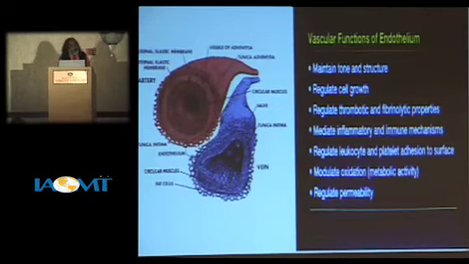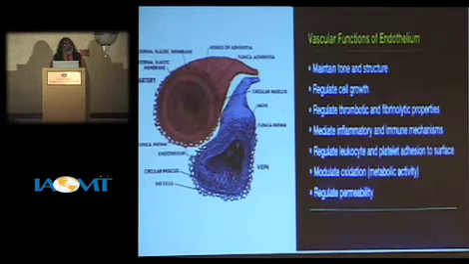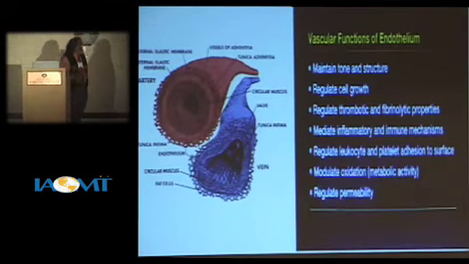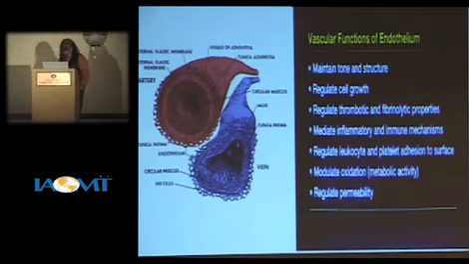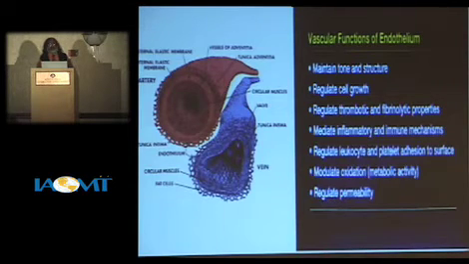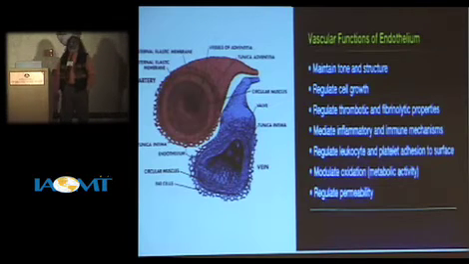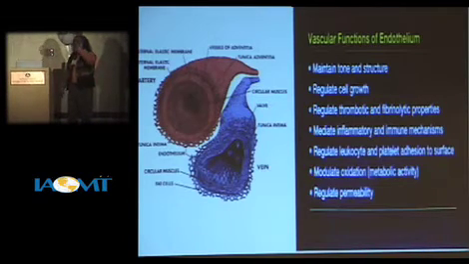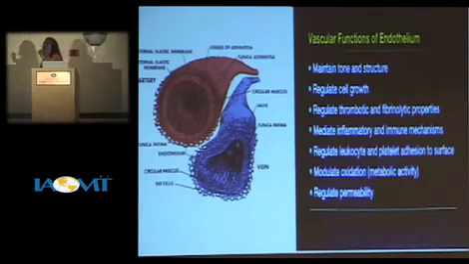And they also help in blood clotting. And they are very helpful in inflammation and infection, leukocyte rolling, and other things. They also modulate the state of the blood vessel in oxidations and other things. Above all, they maintain the permeability. You have leaky vessels because you have endothelial barrier dysfunction.